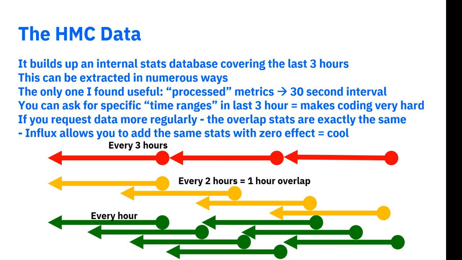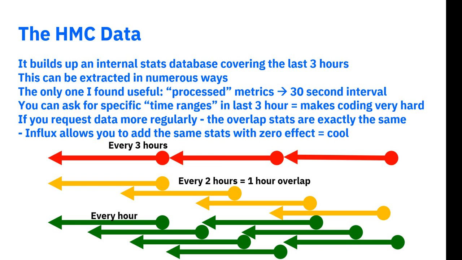But more importantly, if you request an hour's worth of data that you've already collected maybe an hour ago, you actually get exactly the same numbers because it's just coming straight out of the same database every time. And if you put that same data into InfluxDB, it doesn't mind. It will say, oh, we've got this timestamp and we got this number. Well, that's the same as the number we had before, so we'll just ignore it. But the point is, you don't end up with duplicate data items with a couple of seconds difference, or the